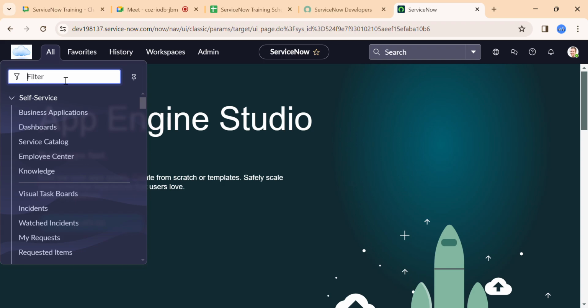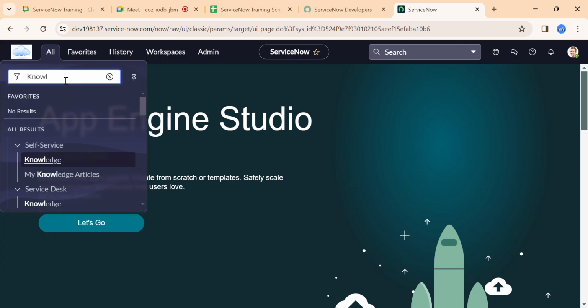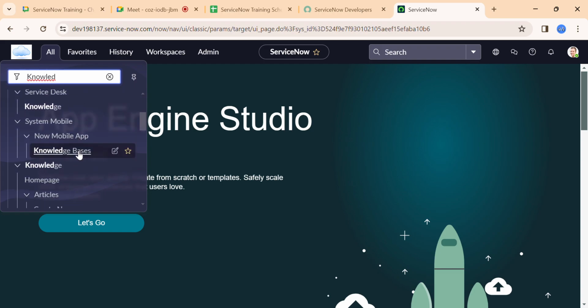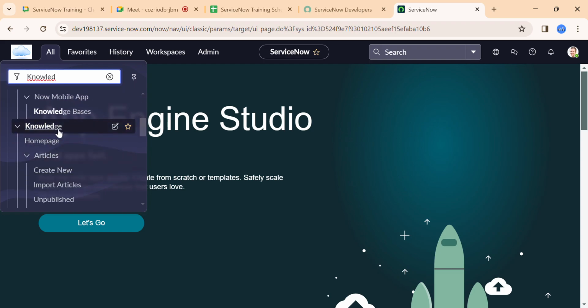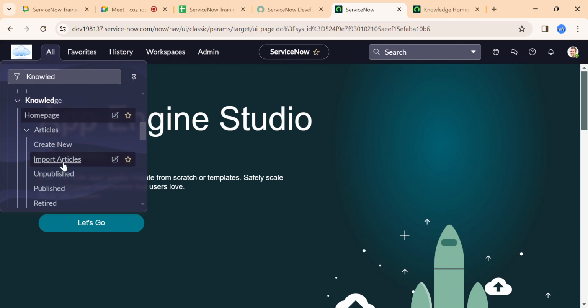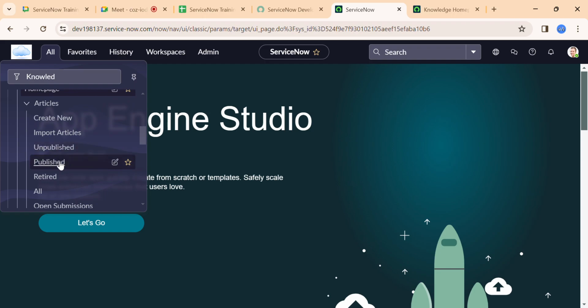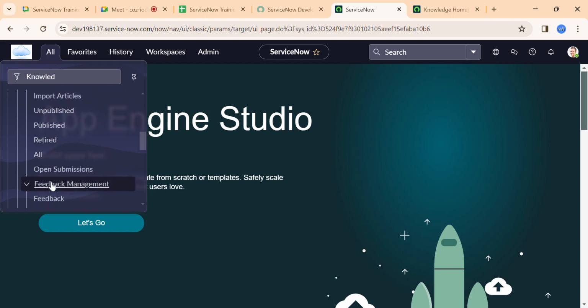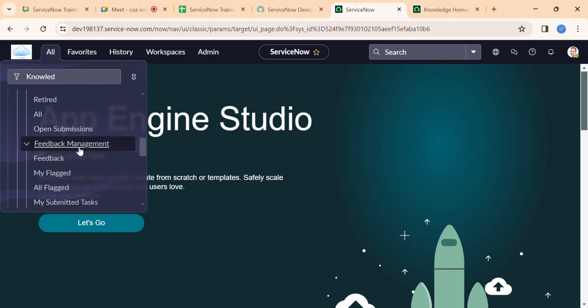For any issue or any kind of disruption, this knowledge article will help us find the solution. In the application navigator, if you check for knowledge, this is our application called knowledge. Let's see how the home page looks. As I told you, all the records related to knowledge are stored in the form of articles.